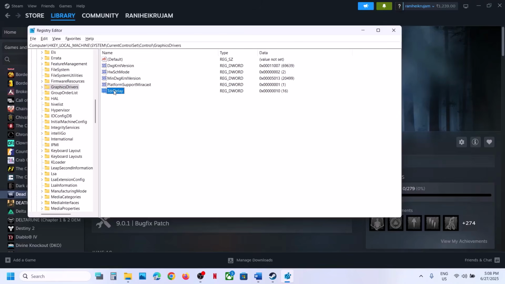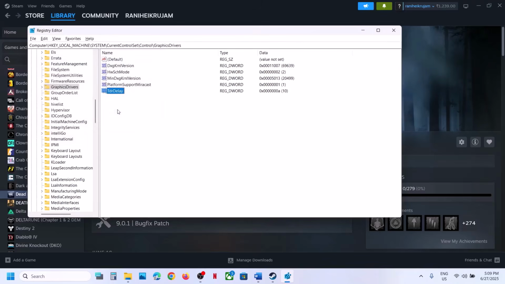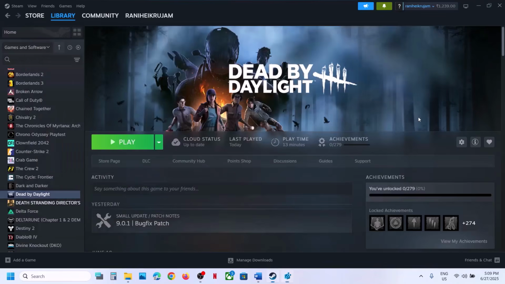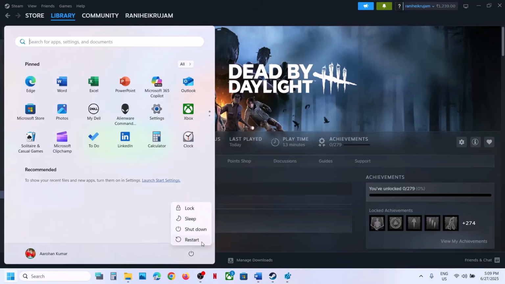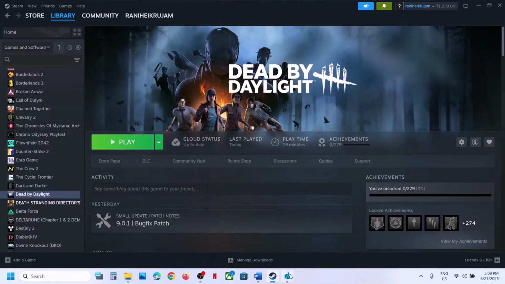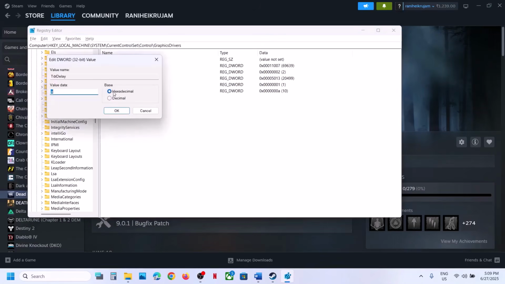If that does not work, you can again make a double click over here and then this time you can put a check on select decimal and then type in number 10 over here and then click on OK. Now you can launch the game and then check. If that does not work, you can restart your computer once and after the system restart you can check. So for TDR, make sure that you try both hexadecimal